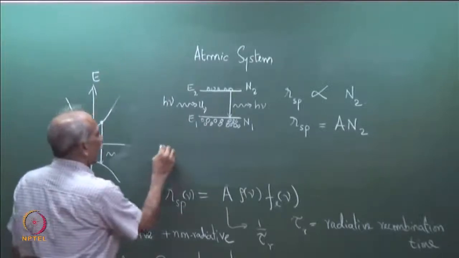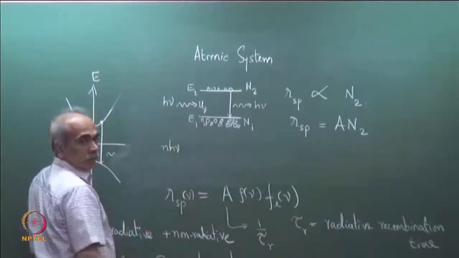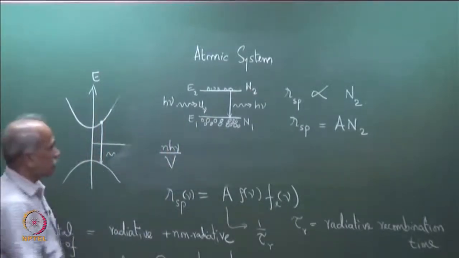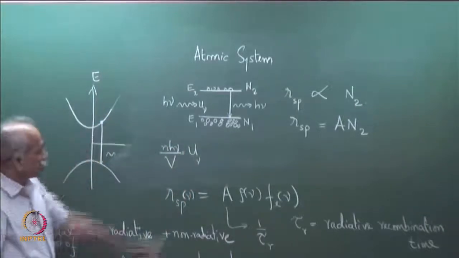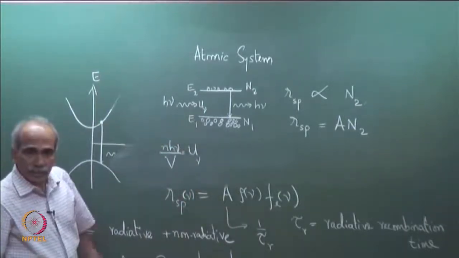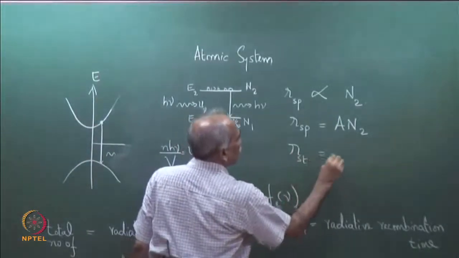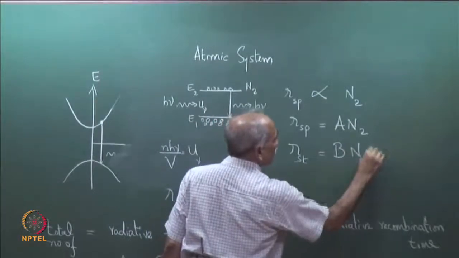That is, if you have n number of photons incident, then n h nu divided by volume of the material V is u nu. So, if u nu is the energy density, then rate of stimulated emission is equal to a constant B into N2 into u nu,